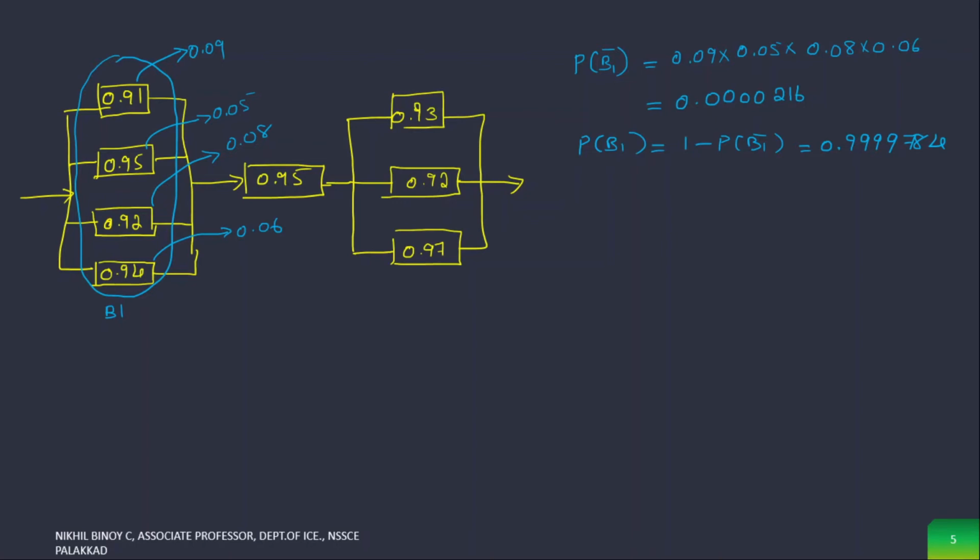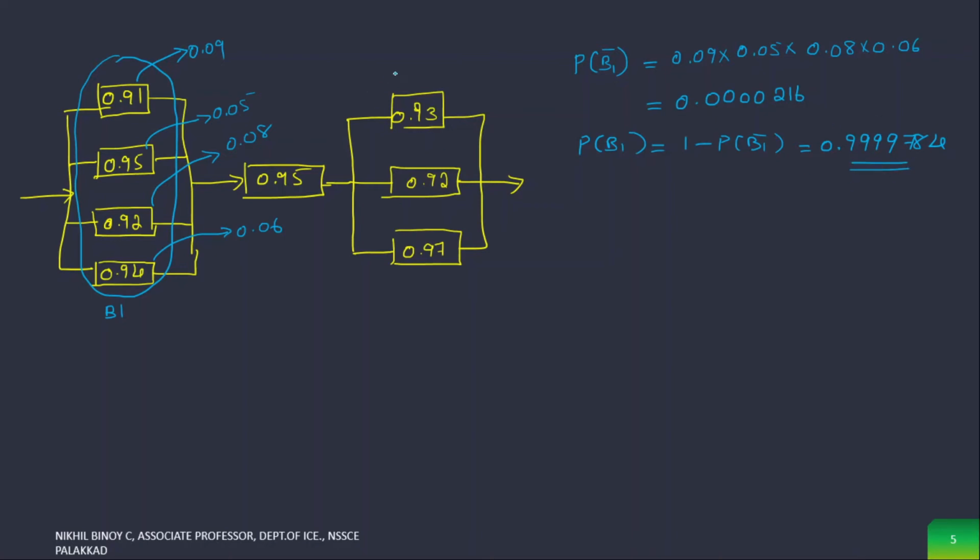0.9999784. So in reliability, normally we will round the value to the nearest one. If you are using 4 significant digits, we will round accordingly. But the problem is, if you round this value using 4 significant digits, it is equal to 1, meaning 100% survival. Okay, so that is not possible. That is not achievable. That is a wrong answer. So we can use 5 significant digits, or we can leave it as such. Okay, so we can use the original value.